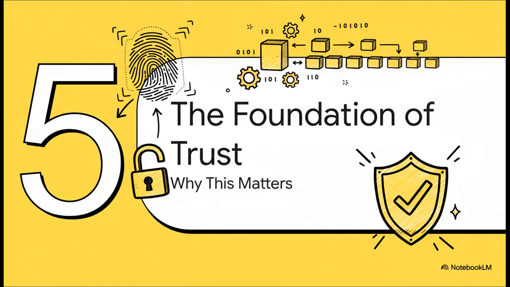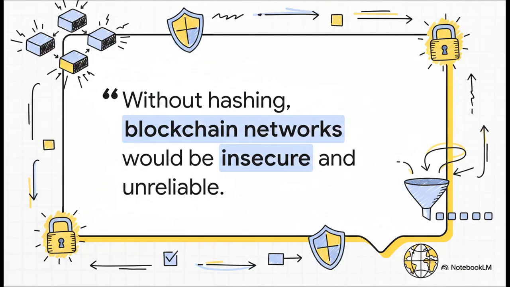All right, so let's pull all these threads together. Why does any of this matter? Why is the simple idea of a one-way digital fingerprint so incredibly important today? You know, this quote here really just nails it. Hashing is the magic that lets us prove that data is authentic, that it hasn't been changed, without needing some big central authority like a bank or a government to give it the stamp of approval. It's the engine that powers trust in decentralized systems like Bitcoin,